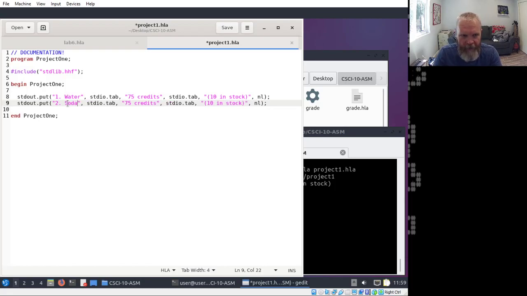Your products, by the way, can be whatever you want. I just don't want to think about that part. But you do not have to use the same products. You don't have to use the same amount of credits for your products, or the same amount in stock or anything. Your stuff can be all different. But slightly lower numbers is easier if you think about arithmetic on x86 and the potential for overflows. Be mindful of that. And I'll show you the trick that I'm going to use to control that situation.